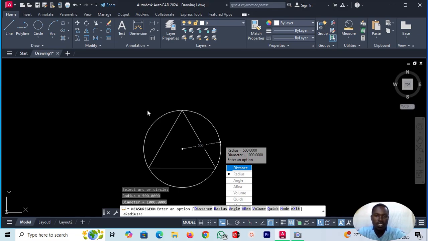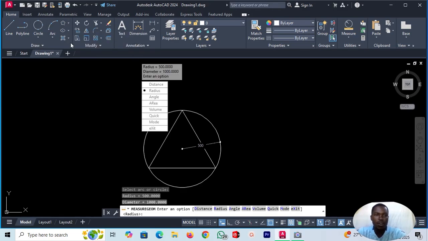So it means that the polygon we have drawn is inscribed inside the circle of the radius we have drawn. That's what inscribed means. So when we come here to the polygon,